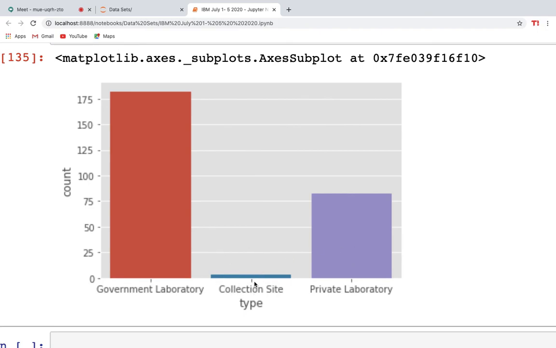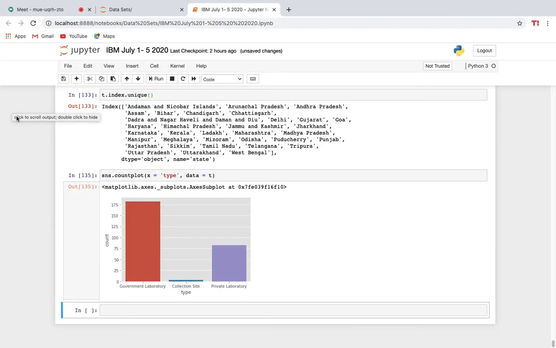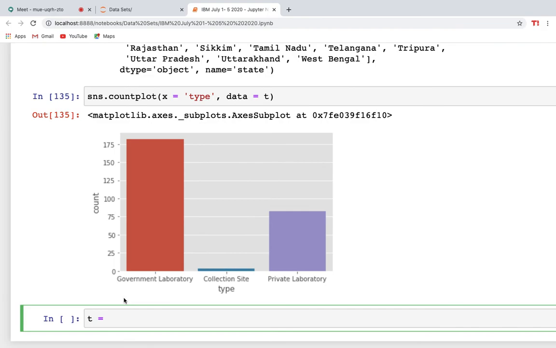I can see collection type is somewhere between 0 to 5, private is 75 plus, and government is 175 plus. So if you need to find the exact number of private laboratories, I will load t as, let me zoom in first, pd.read_csv, dealing with ICM,